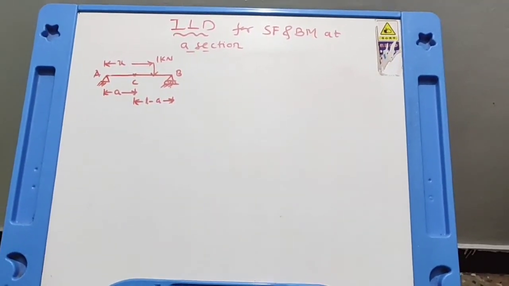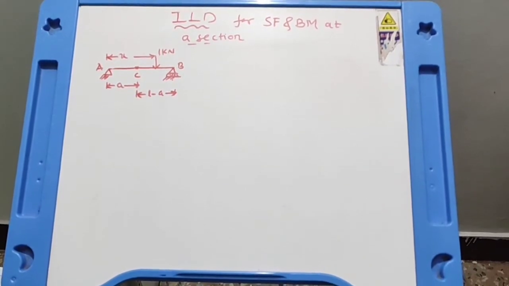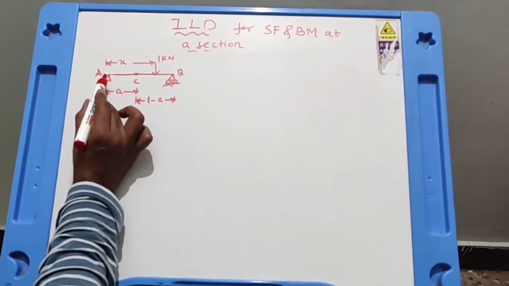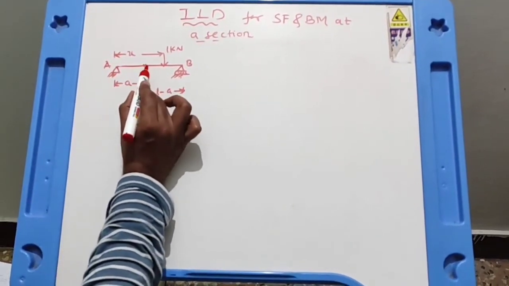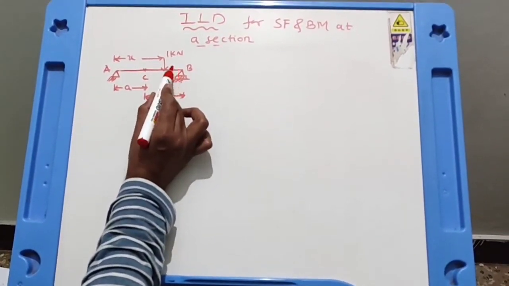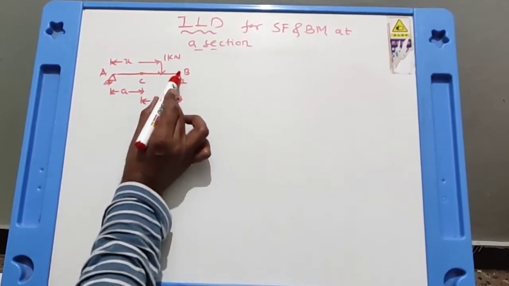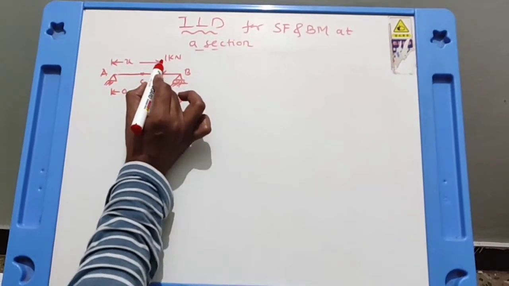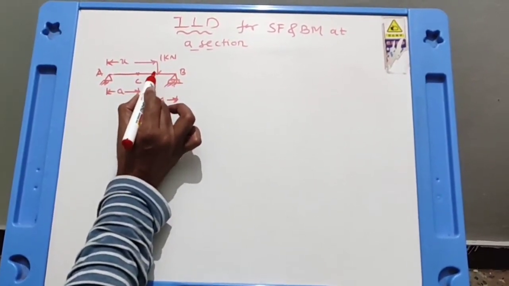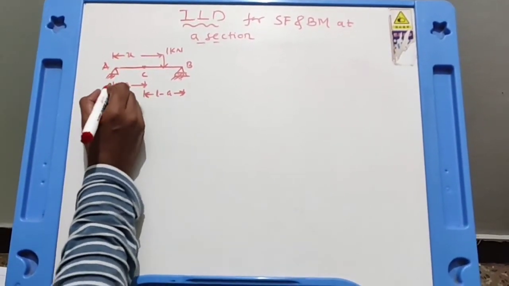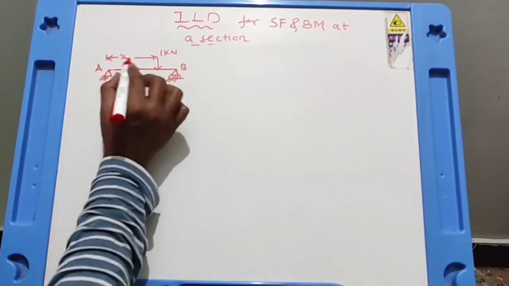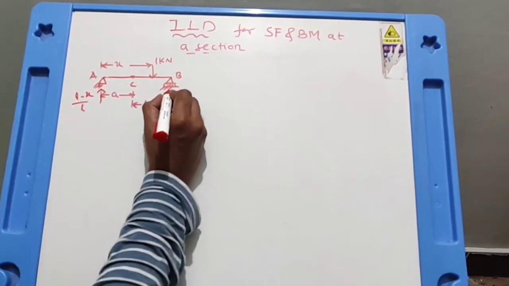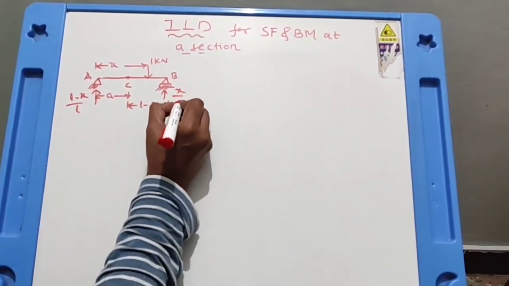Now let's move further and complete the influence line diagram. Earlier we had kept the unit load in the zone AC. Now I have kept the unit load in the zone CB. That means the unit load will move from C to B. Earlier it moved from A to C. So when it moves from C to B, let us say it occupies a general position at a distance x from A. Again, the reactions will not change: at a distance x, the reaction at A is L minus x upon L and reaction at B is x by L.